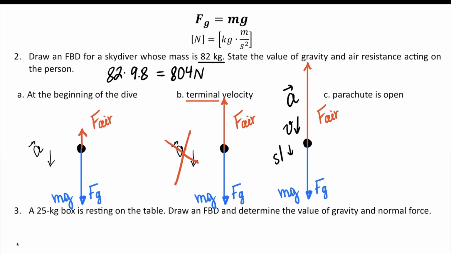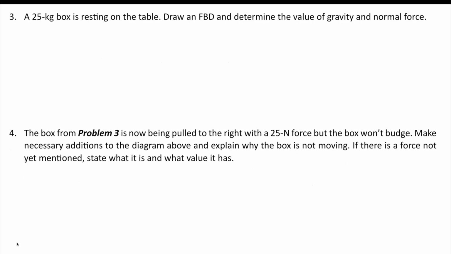There you go. The rest of the examples in this worksheet are on a surface. So when we draw a surface picture, we just draw a horizontal line to show us that we're not dealing with an object that is falling through the air or the absence of air. So here we have a 25 kilogram box resting on the table. And because it has mass, it's going to have